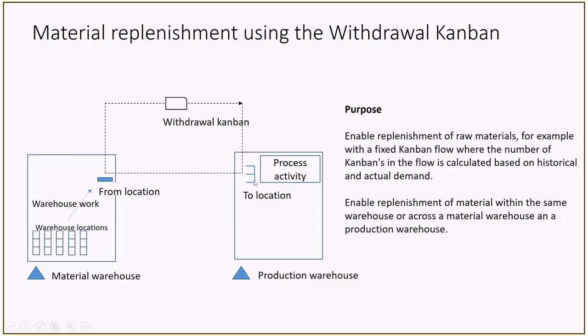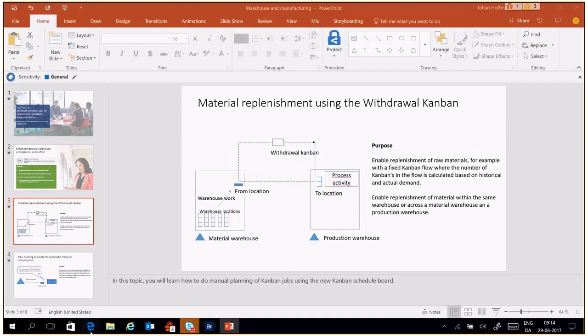So now the Kanban I just created is on the production flow. Once this Kanban, these 10 pieces that I brought to the input location, has been consumed, then we have a handheld activity for completing or marking this Kanban as empty. And with this empty scan, we create a new Kanban for the flow to make a new replenishment on the flow. So if I go back to the Kanban board,